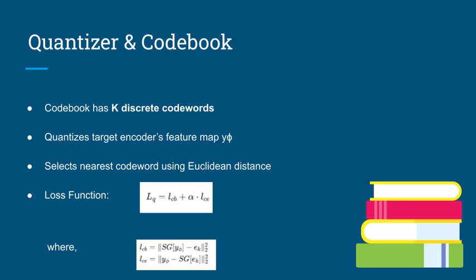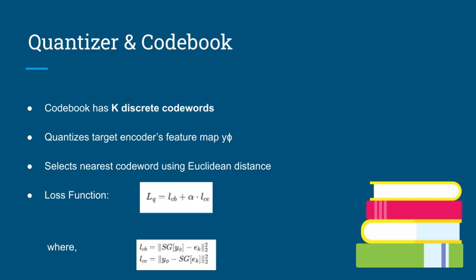Now, this codebook contains k discrete code words, each representing a distinct anatomical or visual pattern frequently seen in medical images. Like think of lung outlines, rib structures, or cardiac